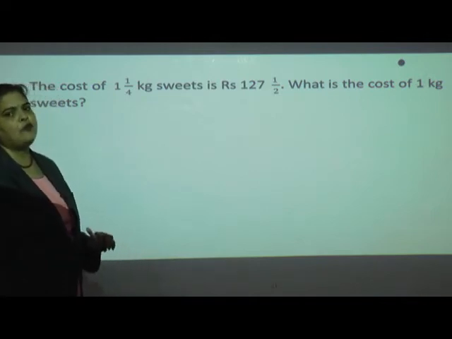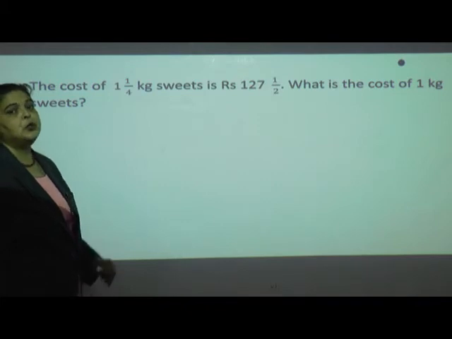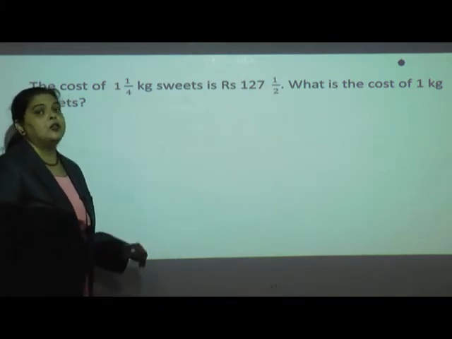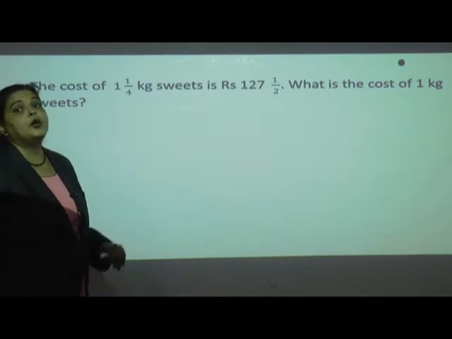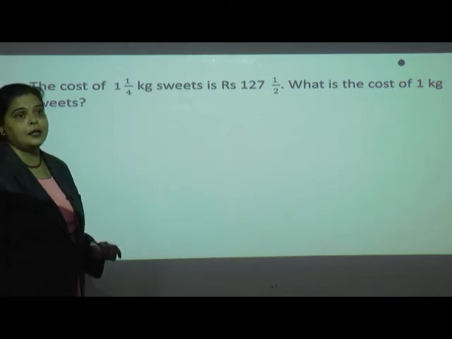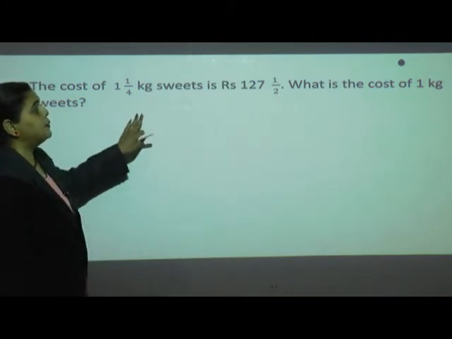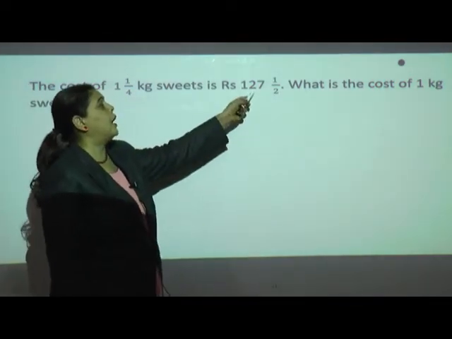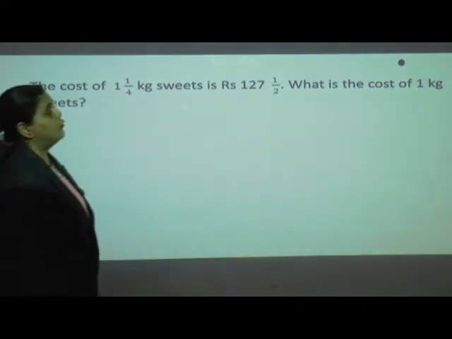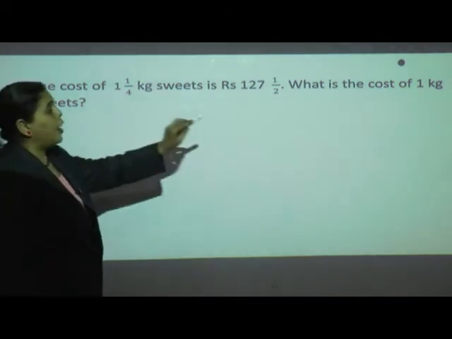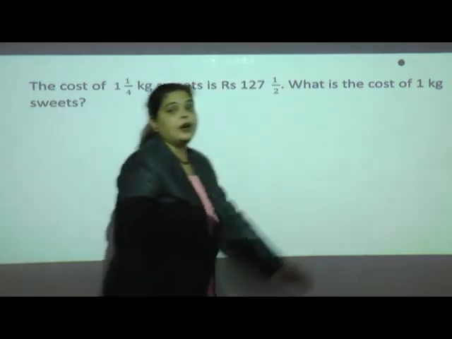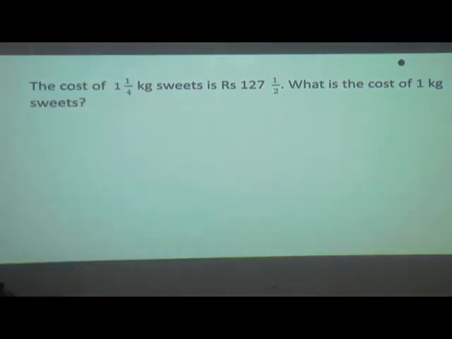What will be the cost of 1 kg? What do you do? You do the division. You will find that it is 50 rupees. What you have done is 100 divided by 2. So you got the cost of 1 kg of sweet. Here it is very similar. I had given a round number. We have it here in fraction form because we have a different quantity, but we have to find only the cost of 1 kg. So we have to go for division.